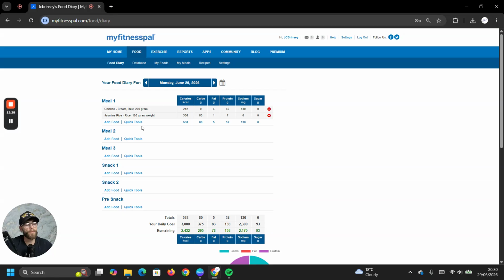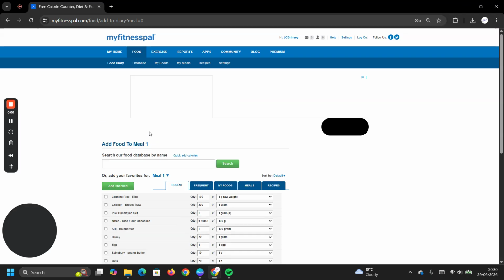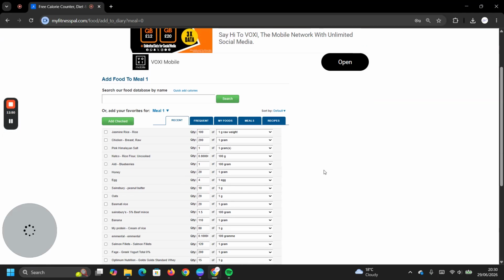If for whatever reason, and I'll touch on this in another video because it's a separate topic, I didn't weigh the raw, and I had no idea what the raw weight of my rice was, because I was in a rush and cooking a load, what I would do is this, because rice on average is multiplied by 3. So the raw weight of rice generally triples once cooked. I would go rice,